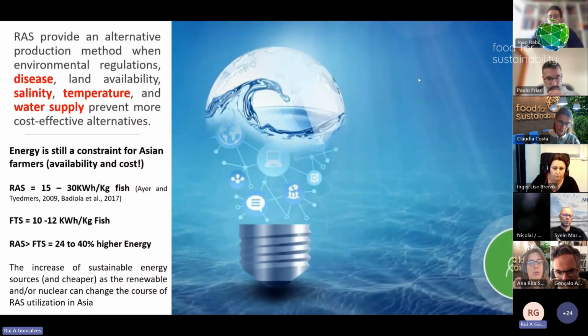So I saw that there was a short question about the energy. So these are the values that I found in literature about the RAS energy consumption, and there is still quite a huge difference. So I guess all these values are very dependent on the type of systems and the type of equipment that you have in your RAS system. But at the end, there is still a huge difference from a flow-through system